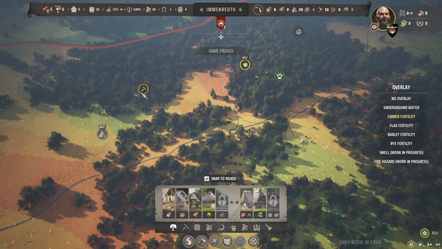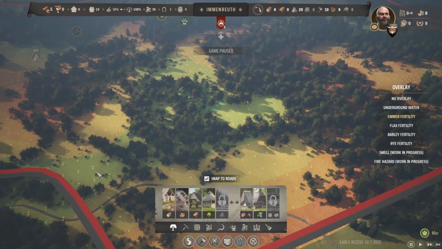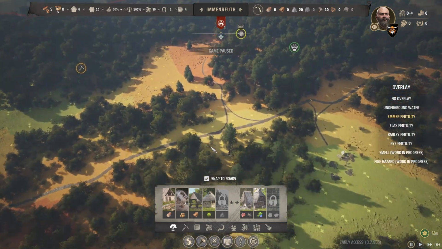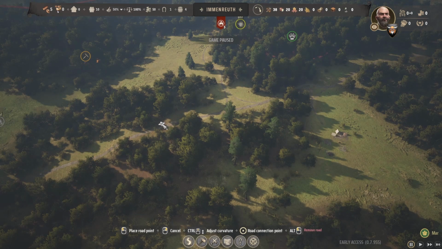I don't really want to go over the green fertility areas with my town. That would be a waste. Although I do have quite a lot down this side, so I could use this whole area for my town. Cool. Well, let's do that. Town center is probably going to be in this area, so we'll grab a road. I'm going to pull this up into this area over here,